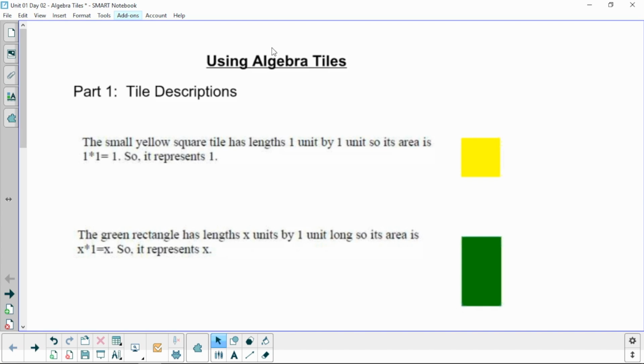This year, we're going to be using algebra tiles to represent a lot of different situations. So the first thing you need to know is that the small yellow square tile has lengths of 1 unit by 1 unit. So the area is 1 by 1. It represents 1. 1 unit by 1 unit. I'm sorry that this didn't copy well on your paper, but